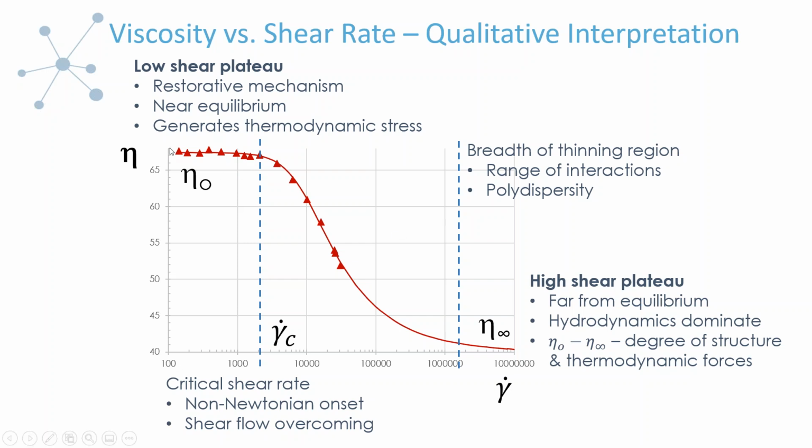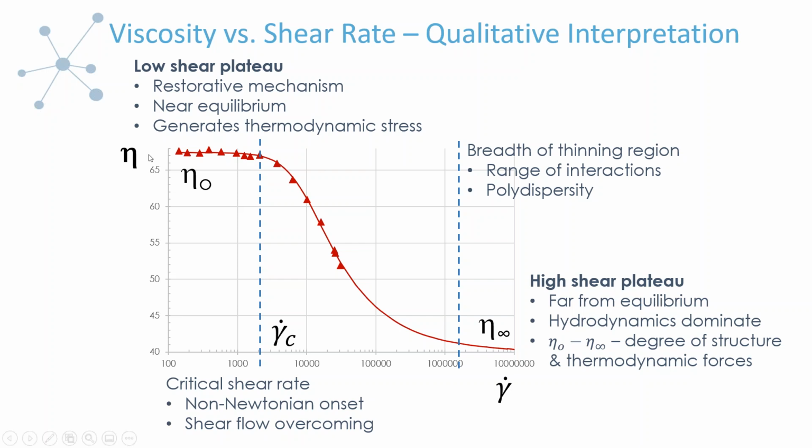So here's an example of a protein solution where we've measured steady shear viscosity as a function of shear rate. And because I wasn't able to get the entire flow curve, I used a model here to fit it and extend it out, just so you could get an idea of how this would look. Generally, one of the challenges in getting the full flow curve is that you oftentimes need multiple styles of instruments to get the different shear rate ranges. But this will serve to illustrate my point.